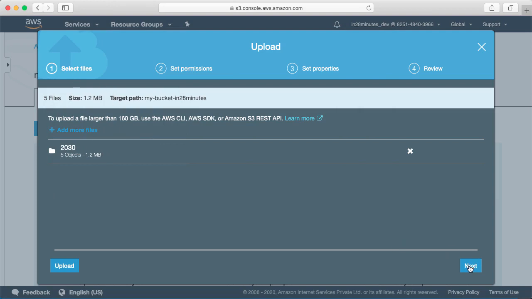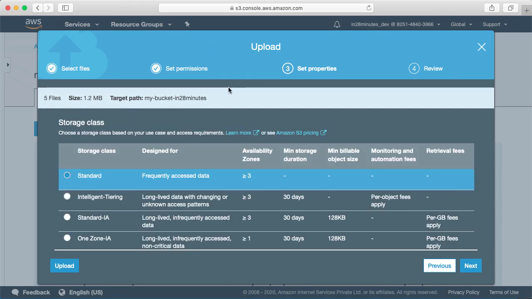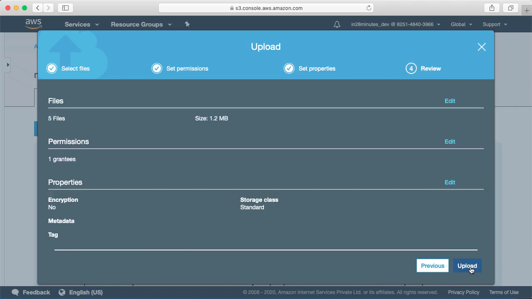Now what we'll do is click next. Once you click next, you should land on a page where you can select the storage class. Different use cases have different access requirements. Do I need immediate access to the files? Can I wait for a few hours for a file? Depending on the access requirements, you can use specific storage classes in S3. For now, let's choose the standard storage class. Understanding storage classes is very, very important. We'll discuss each of these storage classes in depth. For now, let's choose the standard storage class and click next.